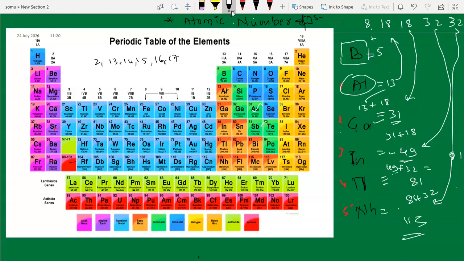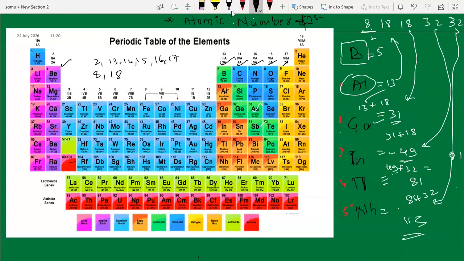Then let's see how to find out the atomic numbers of the second group elements. You understood this? 13th group, the same procedure, same code. The same code is for second, third, fourth, fifth, sixth, 17th. The code is, here I wrote, right, second, third, the code is 8, 18.